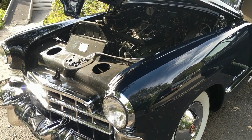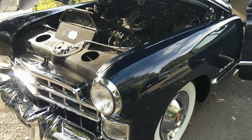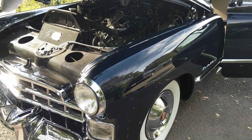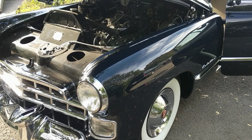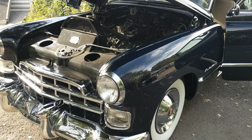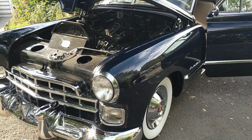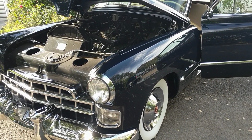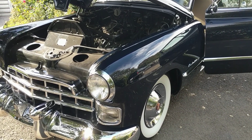Well, I might get a little bit long-winded in this video, but I wanted to share this 1948 Cadillac Series 62 sedanette with you in a little bit different manner. What I want to do is walk around it as if we were judging this car in a Concours d'Elegance setting with rules that are fairly consistent with the Cadillac LaSalle Club, the Classic Car Club, Antique Auto Club of